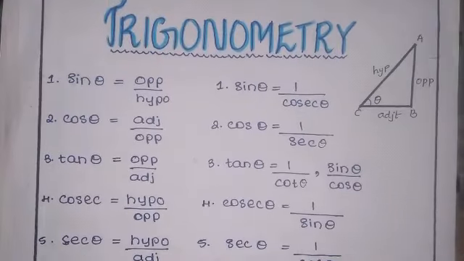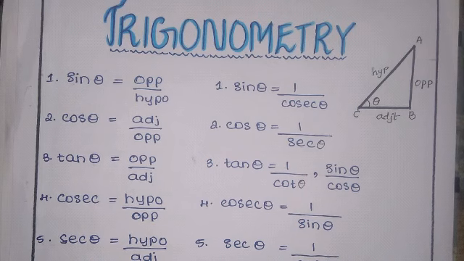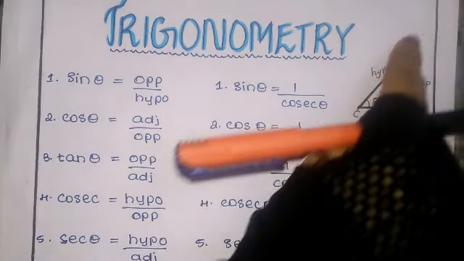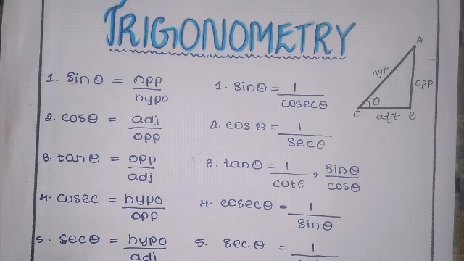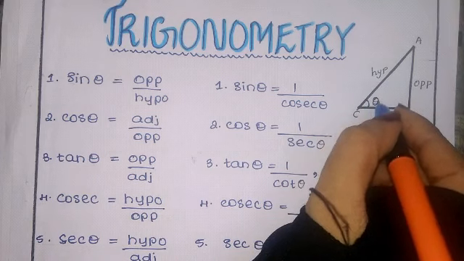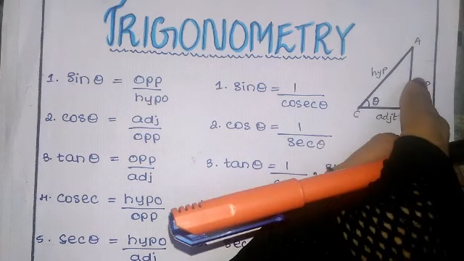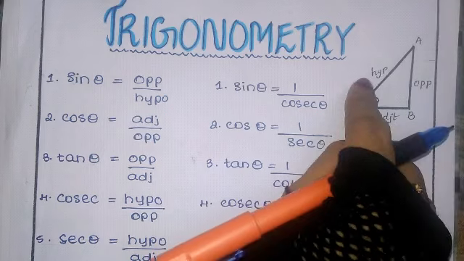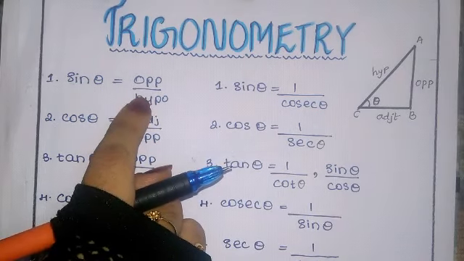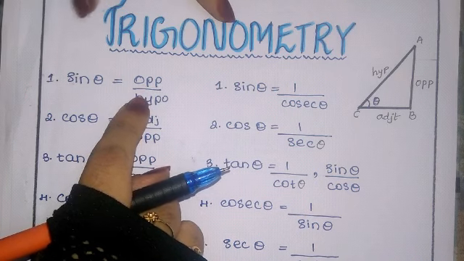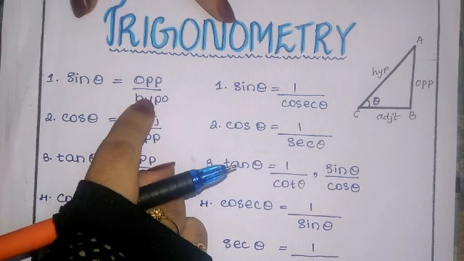Let us see now trigonometry. To solve problems from trigonometry, you need to be perfect in the formulas first. You know that there are 6 trigonometric functions: sine theta, cos theta, tan theta, cosec, sec and cot. For sine theta, if the angle is this side, you should know this is the opposite, this is the adjacent and this is the hypotenuse. Sine theta is opposite upon hypotenuse. For all problems you should remember this. Sine is nothing but opposite by hypotenuse.